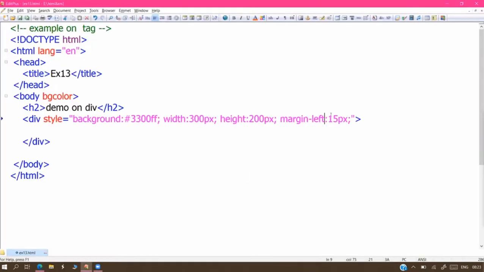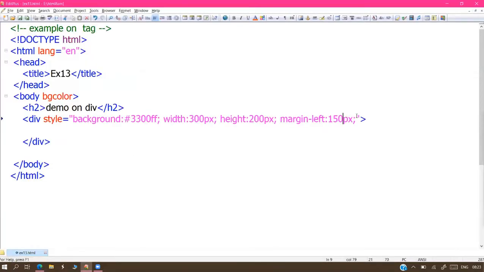Box moves, see that. Left margin 150 pixels. It's moving some more distance. Top margin also I want to apply, sir. Okay, margin top, 50 pixels. The box is moving down. Then we placed the box in the particular location.